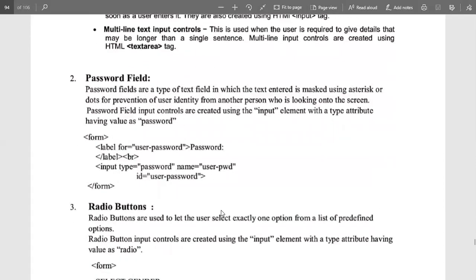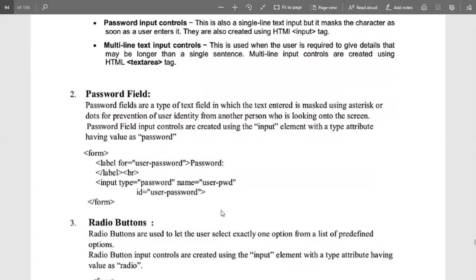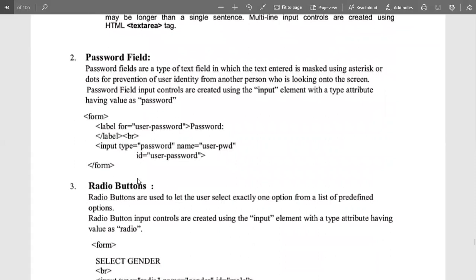Next is the password field. In the password field, this is the input type. Now the input type here is password, the name that you want to insert is user PWD, and the ID of this is user password. With the ID, we can easily reach this form, so each form element must contain an individual ID, and it must be unique, not the same as another.